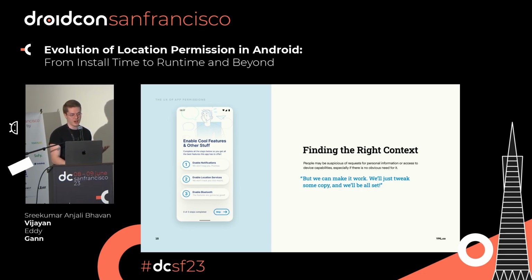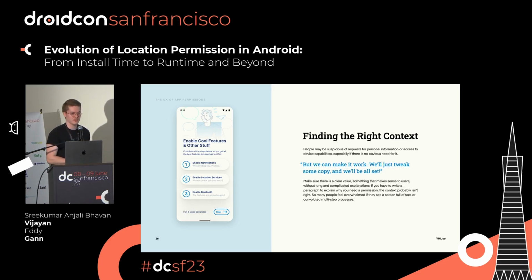Unfortunately, that might help a little bit, but it's more than likely that you won't really see much of an uptick in adoption for those permissions still, because as I'm sure some of you know well, users don't tend to read everything on the screen. They usually just try to get through the onboarding and get into the app. So you likely will still run into issues if you try to do it this way, even if you tweak the copy